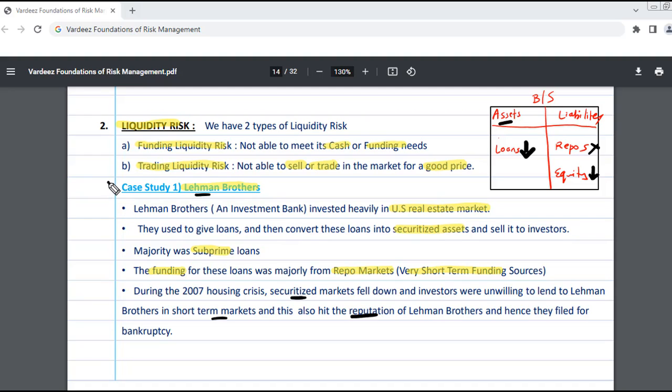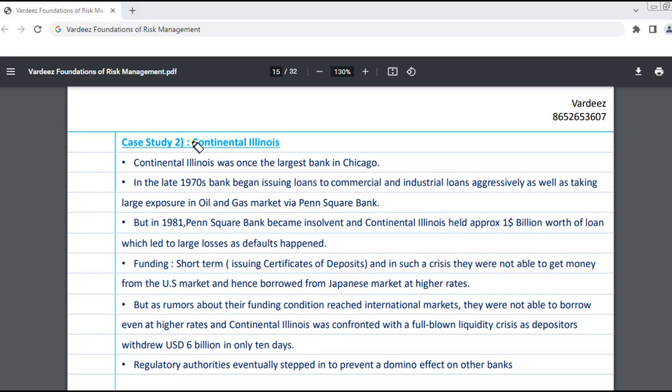Okay, so that's what we have for the case study of Lehman Brothers. Alright, now case study 2 for liquidity crisis, and the case study we have is Continental Illinois. Now Continental Illinois was once the largest bank in Chicago, and in the late 1970s they began issuing loans to